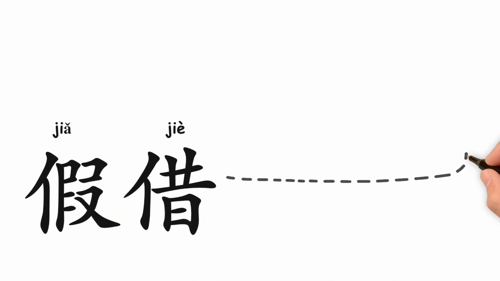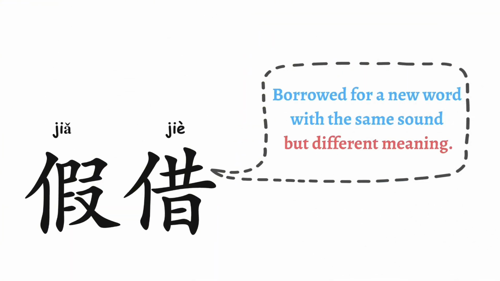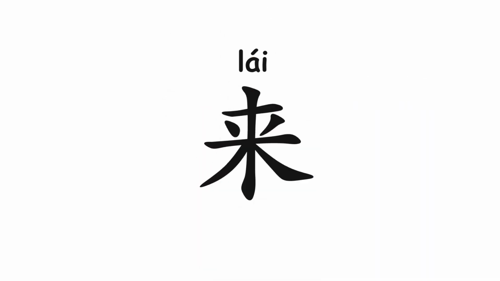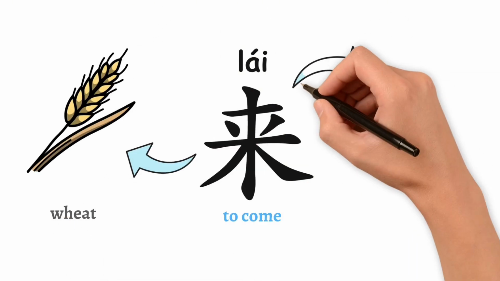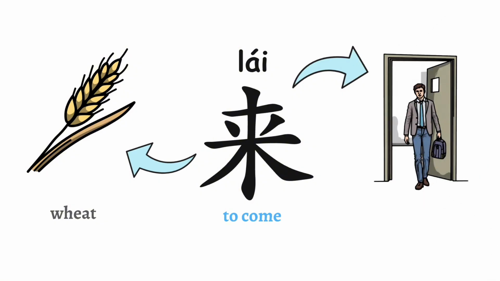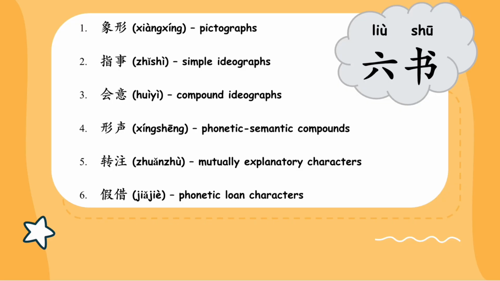假借 means borrowing characters for their sound. For example, 来, to come, originally meant wheat, but over time, it was borrowed to mean to come because of its pronunciation. So now that you know the liùshū, the 6 principles of Chinese characters, I have a quick question